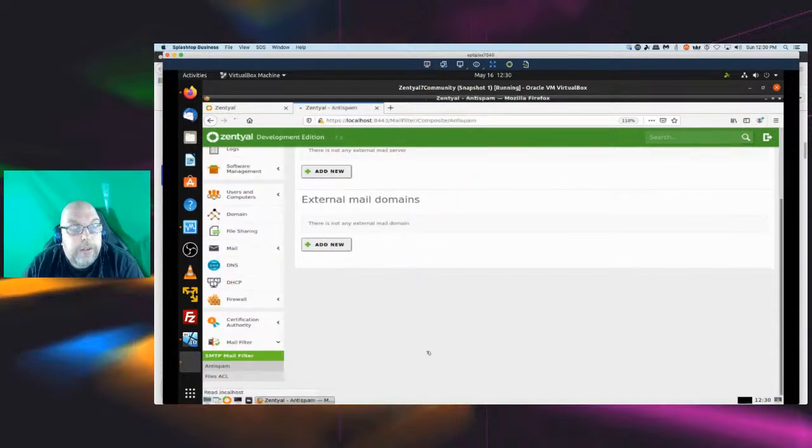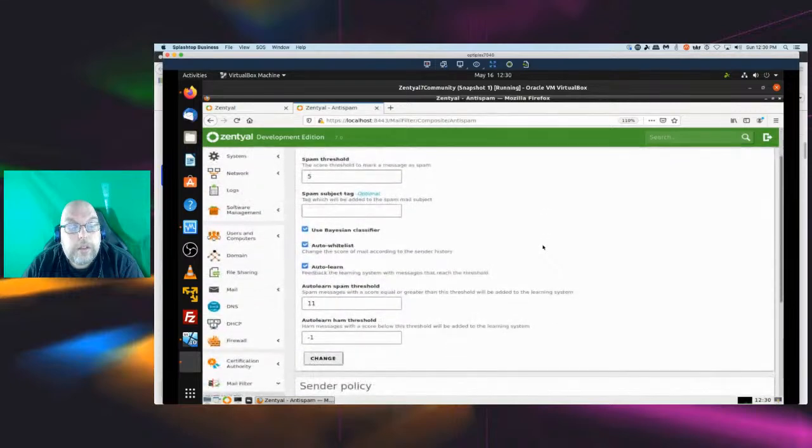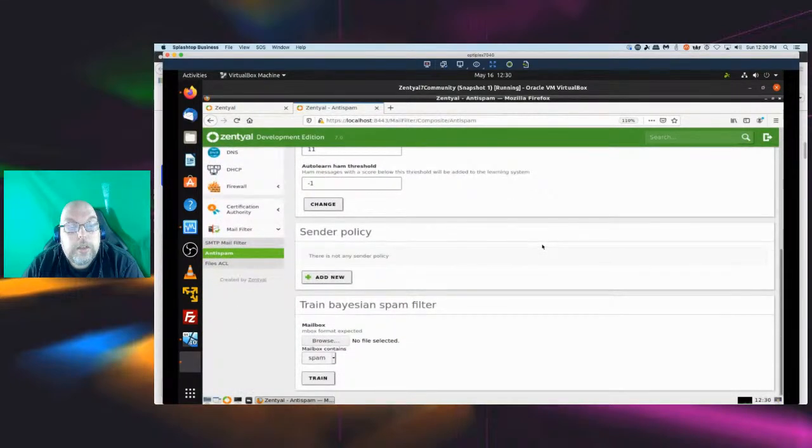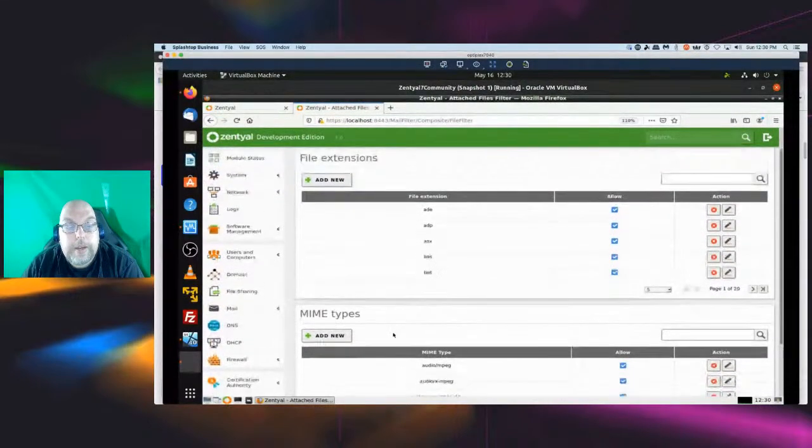Then they've got anti-spam configuration, sender policy, and training the spam filter, which I guess could be interesting. And then attached files filter, file extensions, MIME types,